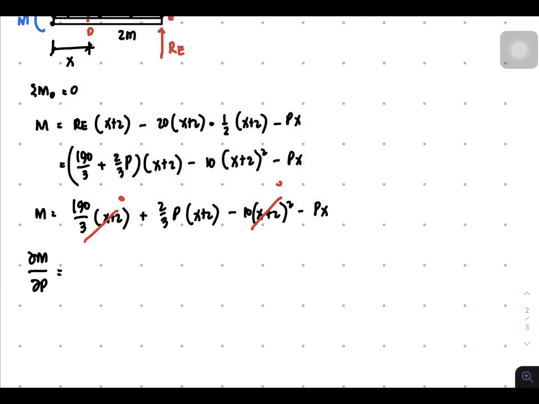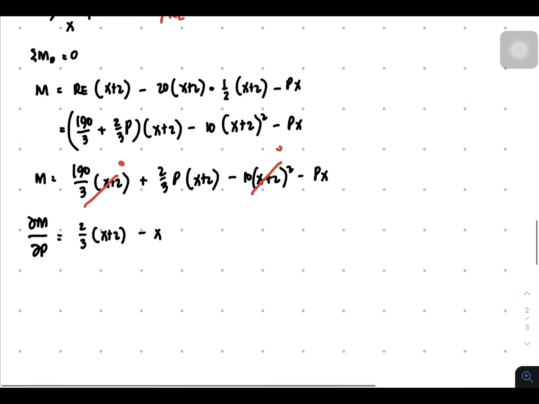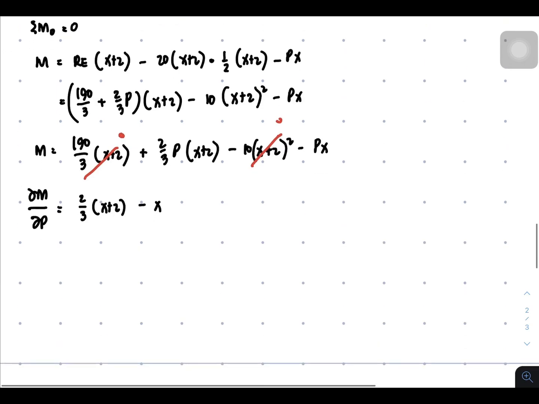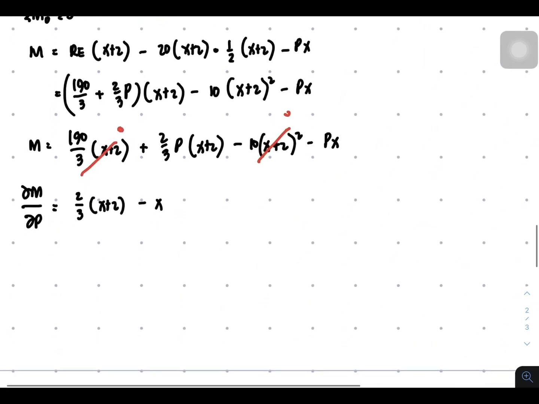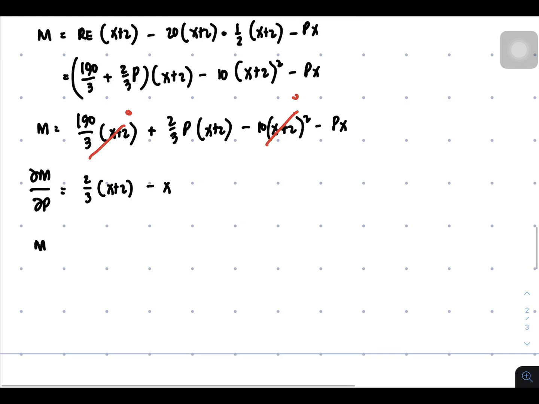And with p, it's going to be 2 over 3 x plus 2 minus x. So from here, we can now get the product of m times the partial derivative of m with respect to p. This is now